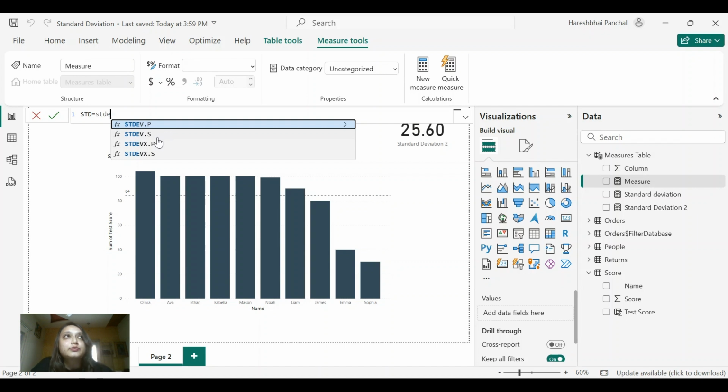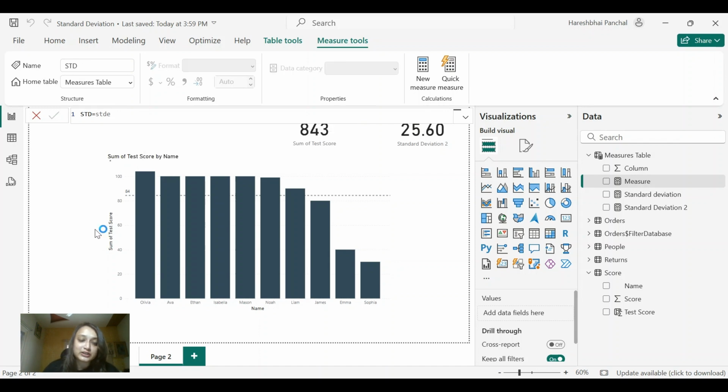There is a minor difference between the calculations. We can cover that some other time. The other ones are just the iterative functions of it. For example, if you want to have a table calculated with all or all selected, you can use the same measures with the X as a suffix. It's going to be